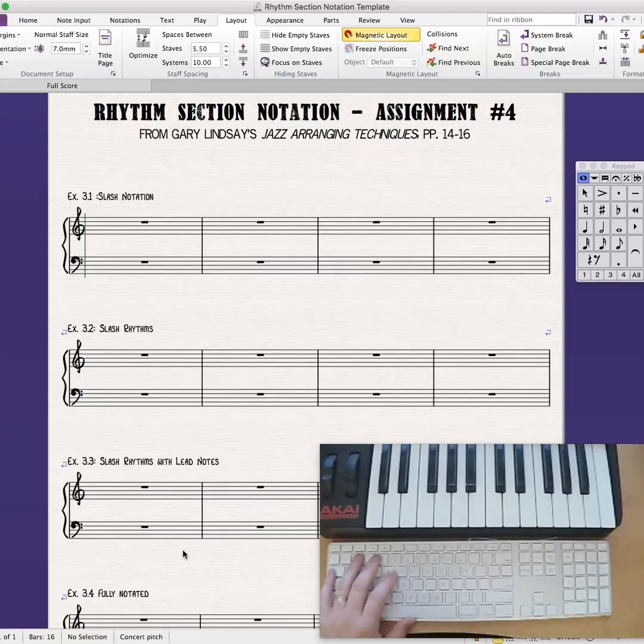Hello class, this is your Sibelius specific tutorial on completing the rhythm section notation assignment. You'll need your Gary Lindsay textbook, pages 14 through 16, and I wanted to start by pointing out a feature